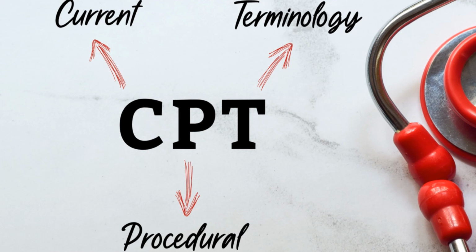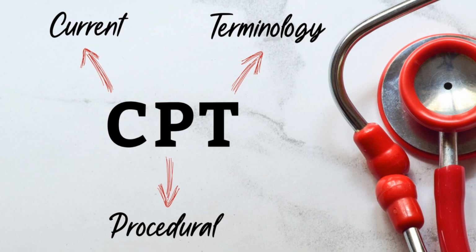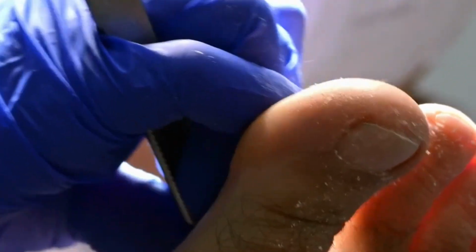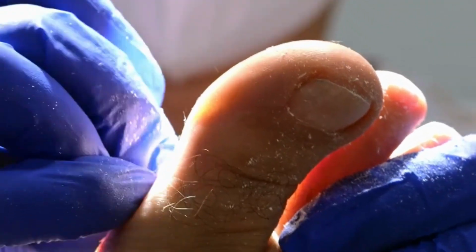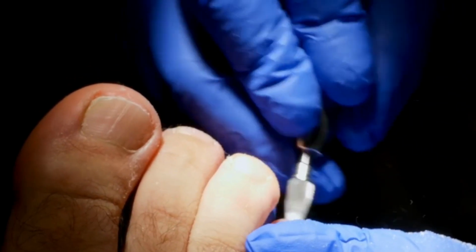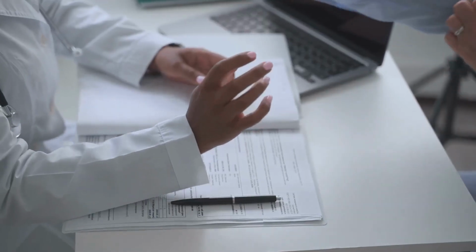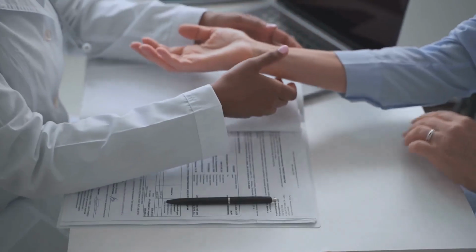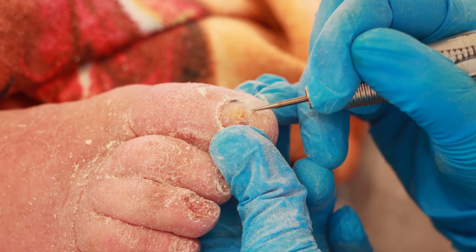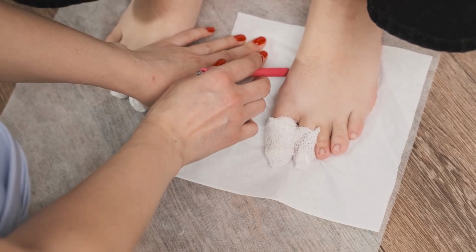For the bunionectomy, a CPT code from the 28292 to 28299 series would be selected based on the specific type of procedure. An Austin bunionectomy, which is a type of distal metatarsal osteotomy, is often reported with CPT code 28296, correction hallux valgus, bunionectomy, with sesamoidectomy when performed, with distal metatarsal osteotomy, any method. Modifier RT, right side, would be appended to indicate the procedure was performed on the right foot, 28296-RT. The hammer toe correction, specifically an arthroplasty of the proximal interphalangeal joint, is typically reported with CPT code 28285,